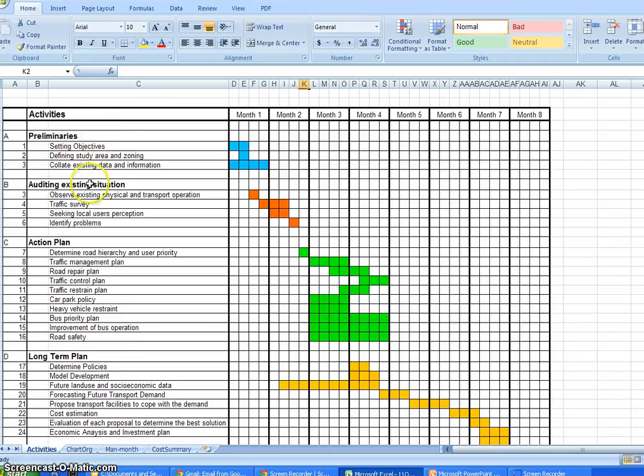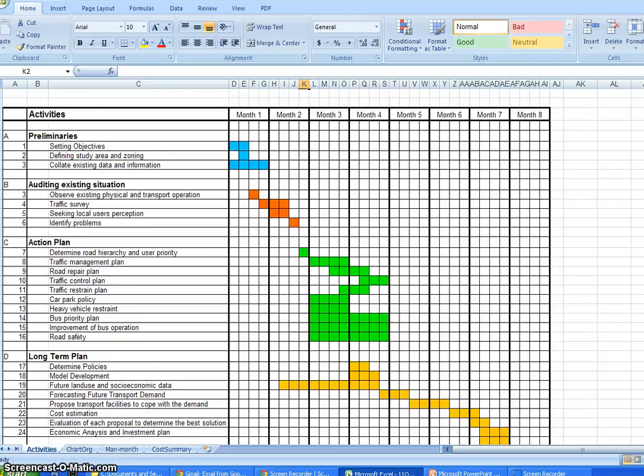So that's the preliminary. We have three activities here: setting objective, define study area and zoning, collect existing data and information. These three activities must be carried out first. Otherwise, our objective is not clear, our project will go haywire. And of course, the auditing existing situation, we have a few activities, and all this action plan, long-term plan, we have many sub-activities. So you have to plan this one, and we have to